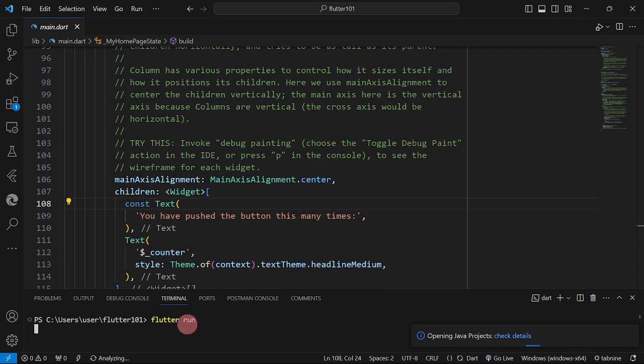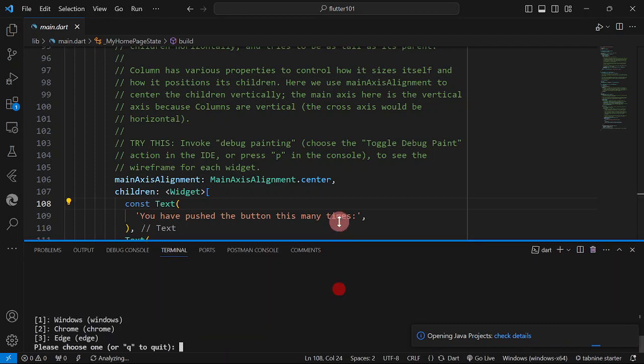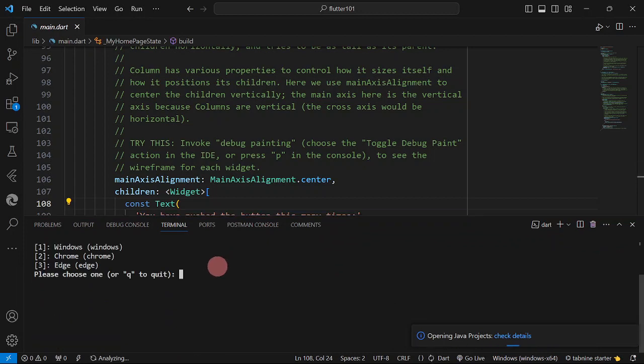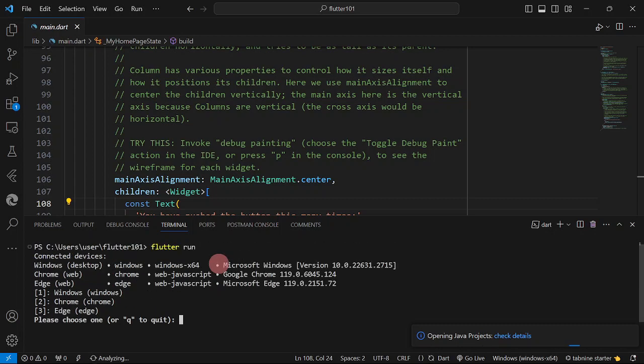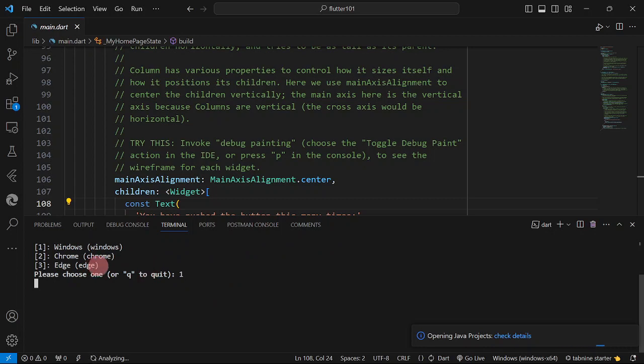now by issuing the command flutter run, Flutter is going to ask us what would be the emulator that we're going to use. So as of now, in my case, I have only 3 emulators. Now we have the Windows desktop, Google Chrome, and Microsoft Edge. I have not installed an Android emulator in my device, as I've said, due to some hardware constraints. So I'm just going to select one, the desktop. Okay, I press 1. So in your case, if ever you want to use the Edge, just select any